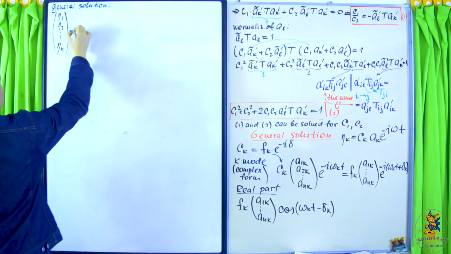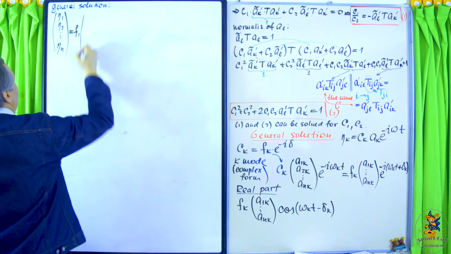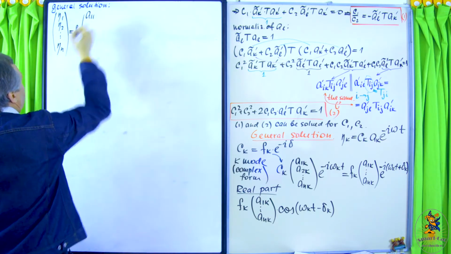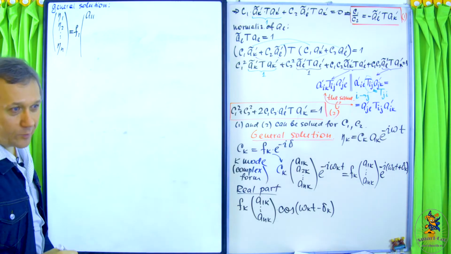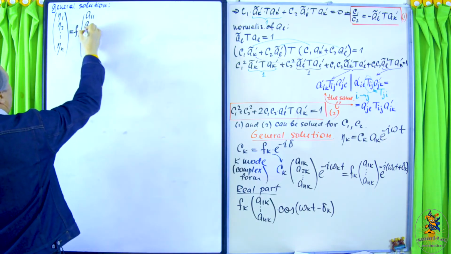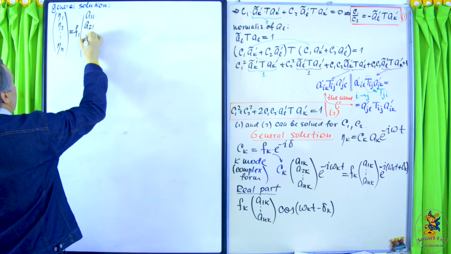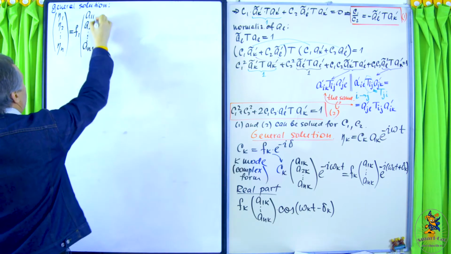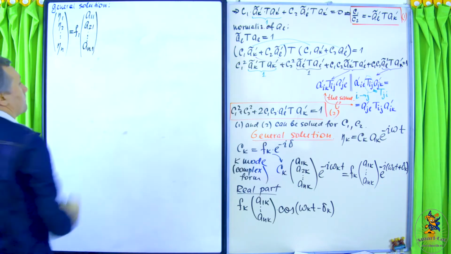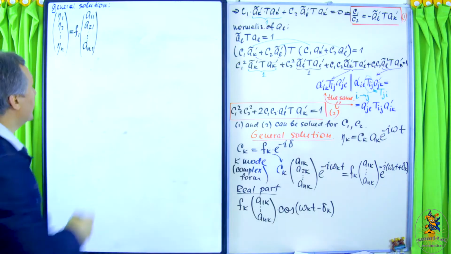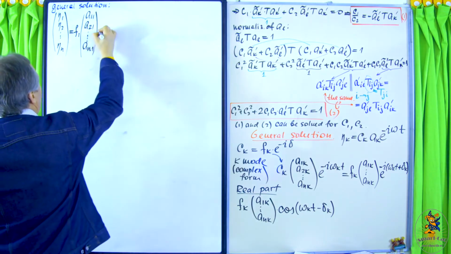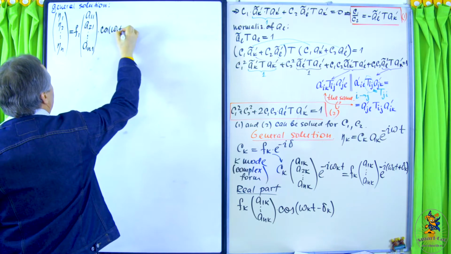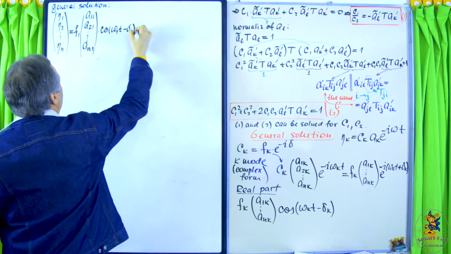F1, column A_11. It's the amplitude of the first particle in the first normal mode, then the amplitude of the second particle in the first normal mode, and then all the way to the amplitude of particle n in the first normal mode. And then the time dependence, cosine of omega 1 t minus delta 1. Then plus